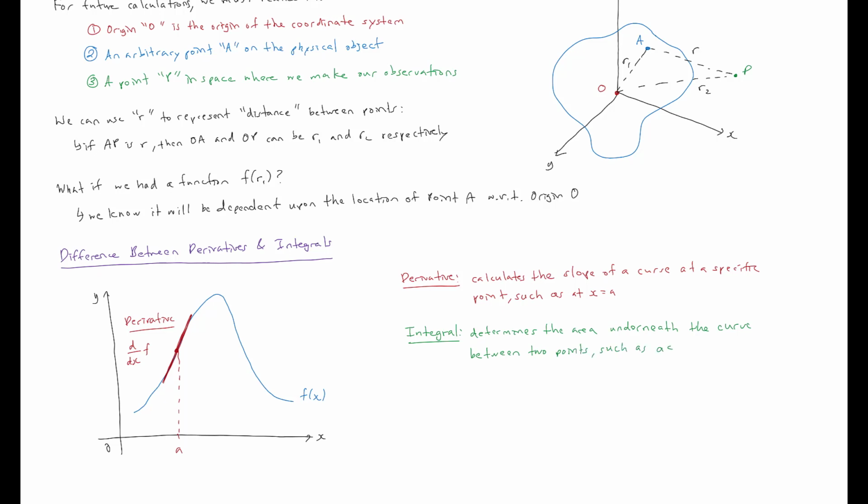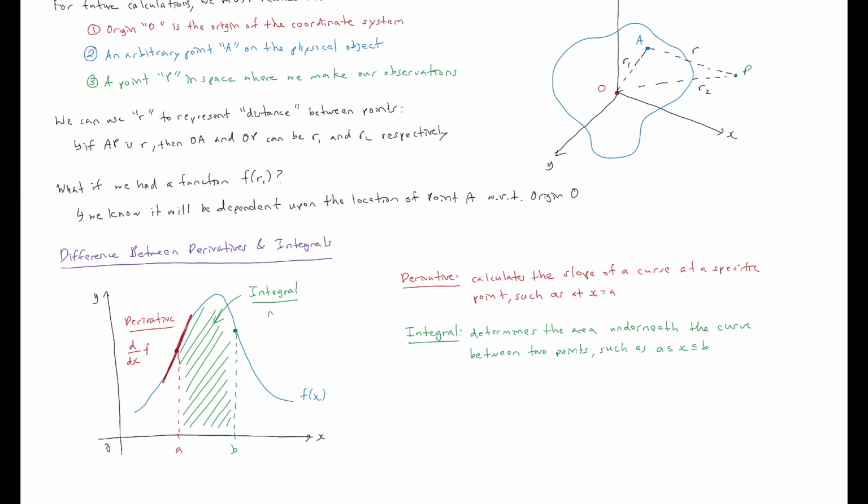Such as x being between a and b. So this introduces a boundary condition. Now we want to figure out the area underneath f of x between a and, let's say, b. So between a and b, we have to figure out this area, and that is called an integral,